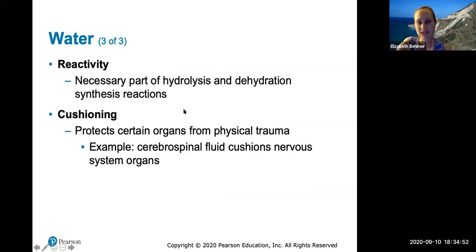It's very reactive, so it's necessary for hydrolysis and dehydration synthesis reactions that we'll talk about. And cushioning just protects certain organs from physical trauma. So there's a layer of cerebrospinal fluid that cushions your brain. So that's what cushioning means. You have water or substances that are mostly made up of water to provide